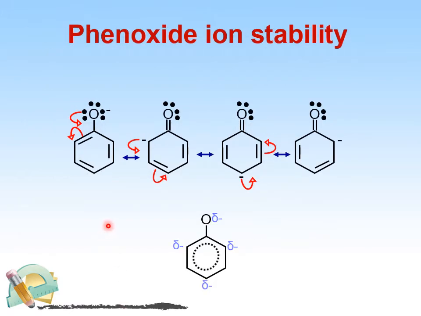Here is the stability of phenoxide ion. As you can see, the extra electron at the electronegative part of oxygen outside of the benzene ring will move into the ring, and then the double bond will move its electron to the single part, and then it's going to move here to make a double bond over here like this, and then the double bond here is going to move here, and it will make a negative part here because there's one more electron coming into the benzene ring, and then